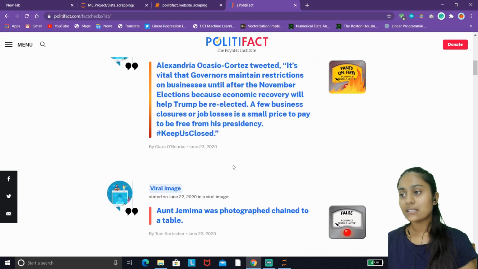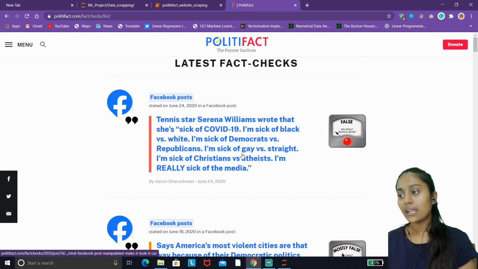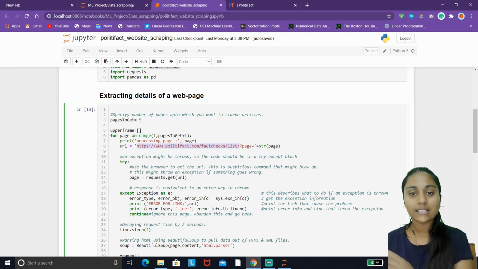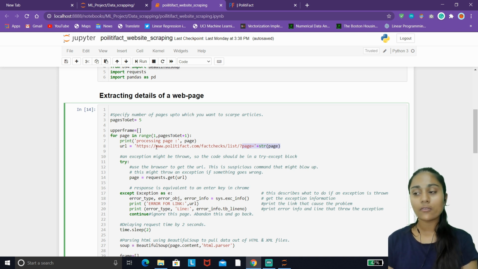It contains numerous news articles, and what we are demonstrating is that it goes through the pages, since I have given 5 as the value. What I have written here is basically a specified URL for that particular page.